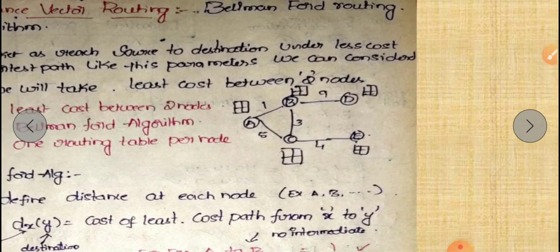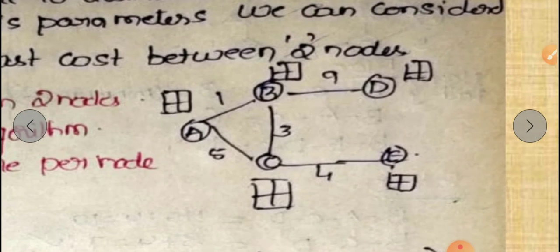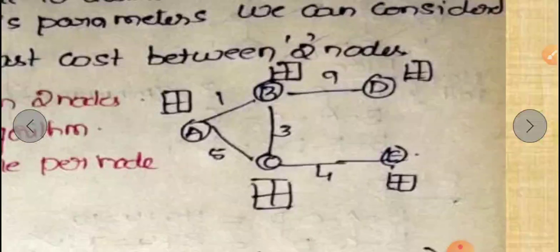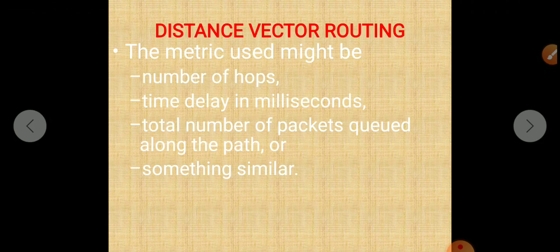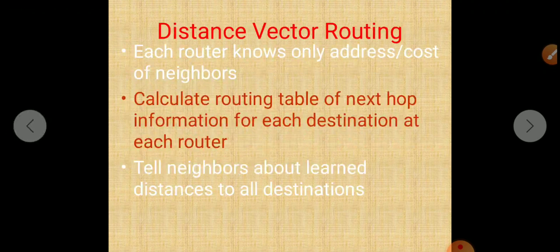Here I am going to give an example, just have a look. For example, A, B, C, D, E. In this, A is a router, B is a router, D is a router, C is a router, E is a router. Here A is a neighbor of B with a distance cost of 1. A is also a neighboring router of C, with a distance cost of 5. This is what we call the neighbors of routers along with the cost of the distances. So what is the use of this? We'll discuss now.